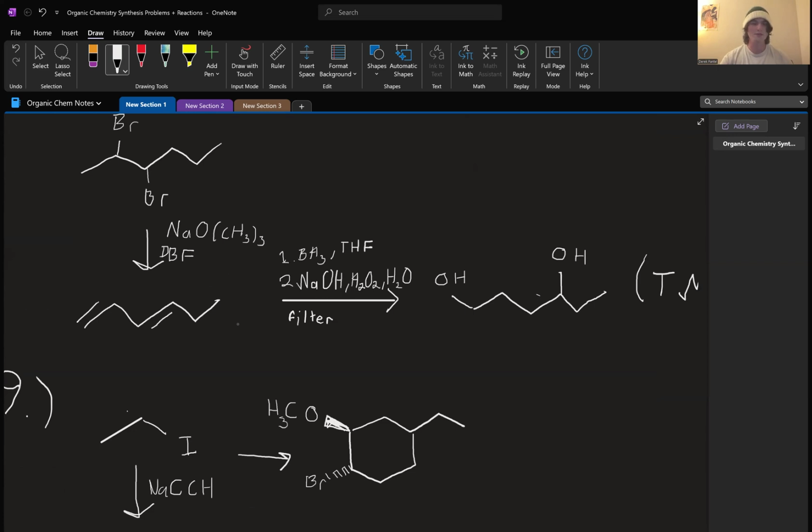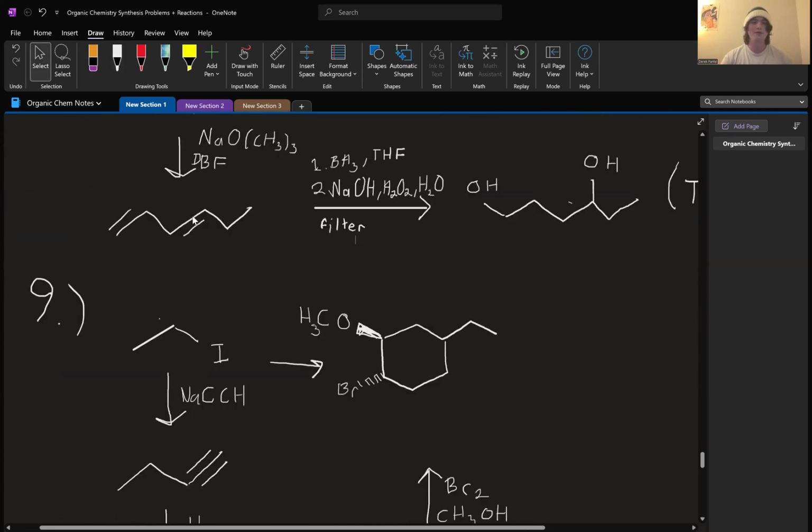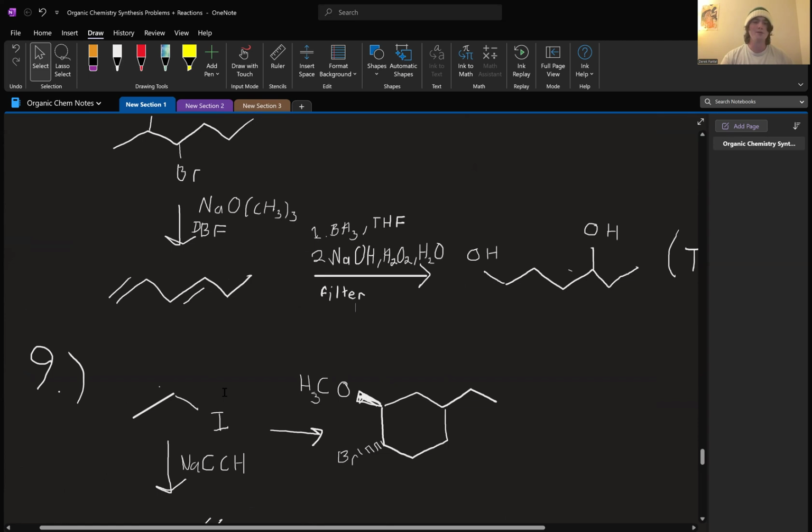So yeah, filter for that one as well. And then for number 9, we have a starting alkane or haloalkane, and then we're doing all this crazy stuff to it to get a cyclic molecule, different branches. So this is probably going to require